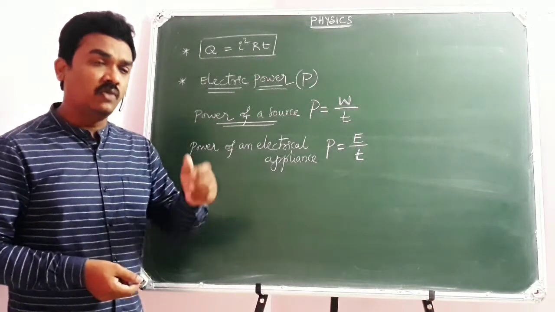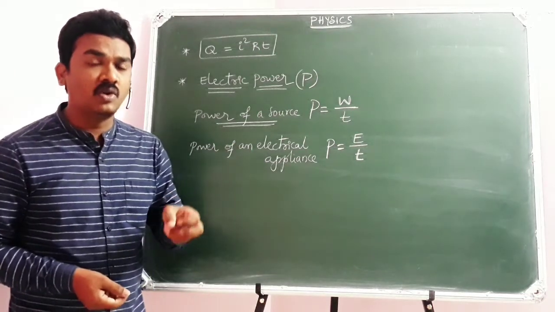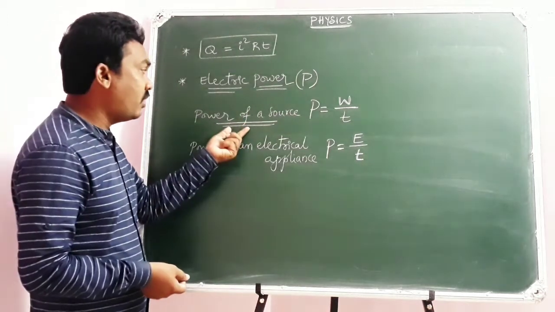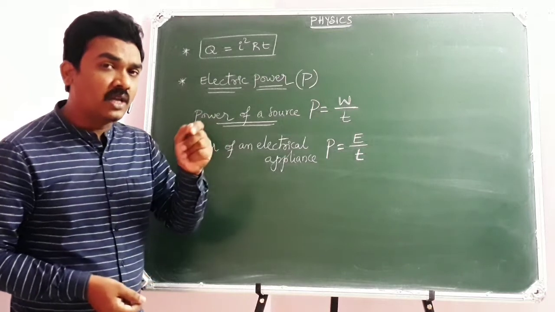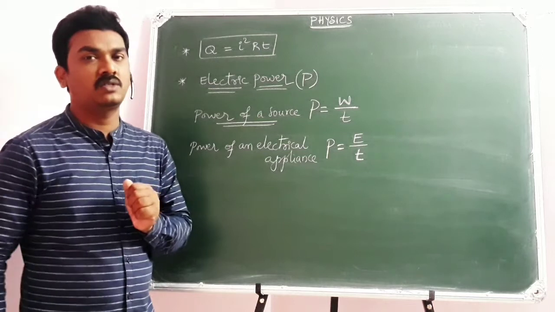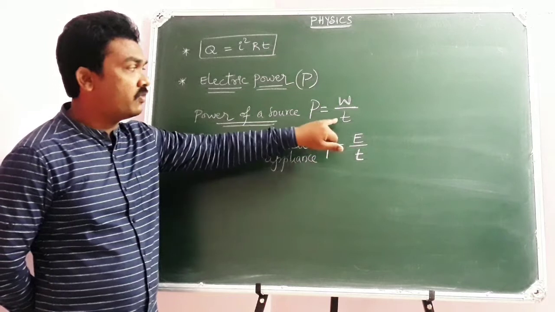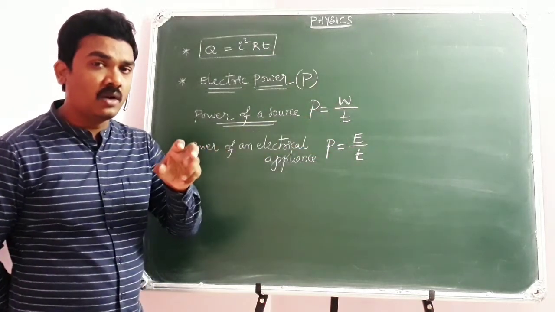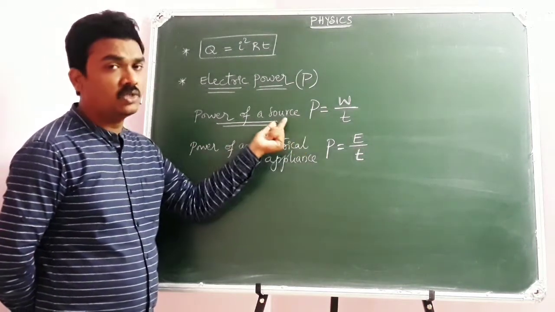An electric source will produce electrical energy on doing work, which is known as electrical work done. That's the reason why the power of a source of electric current is defined as the amount of electrical work done per unit time. Hope you are writing the running notes. When W is the electrical work done in a time interval of t seconds, then W by T will give the amount of electrical work done per unit time, which is the electric power of the source.